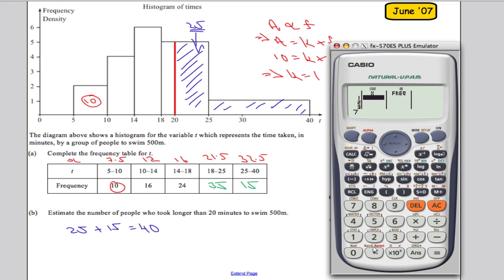So we've got 7.5, then 12, then 16, 21.5, 32.5. Now just alter the frequencies. So we've got 10, 16, 24, 35, and 15. Okay, now that our data is entered,